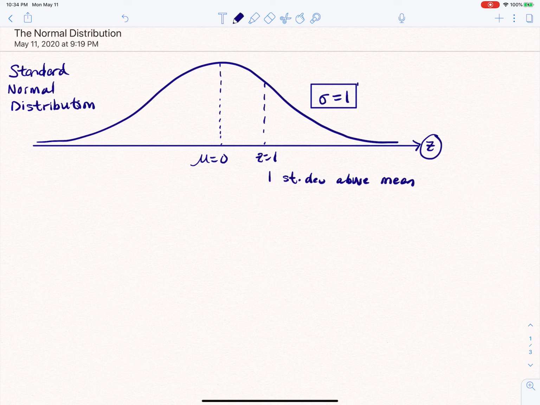And I don't have to be limited to whole numbers. I could come down here and say, let's say this is z equals negative 1.74. That means that this is 1.74 standard deviations below the mean. So that's going to be very important when we start translating back and forth between applications and the standard normal